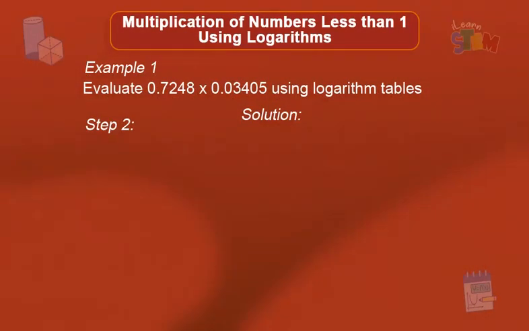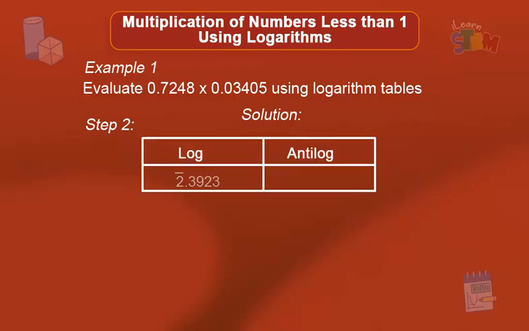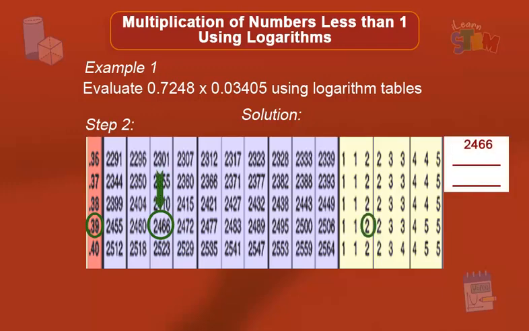For the second step, we will get our antilog table. Let us draw another table and insert the answer from step 1. We will now read from tables, antilog of 39 under column 2, and add the mean difference of 3 in the row, which is 2. This gives us 2466 plus 2. Our answer is